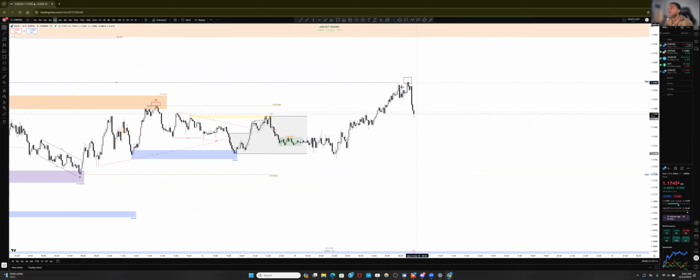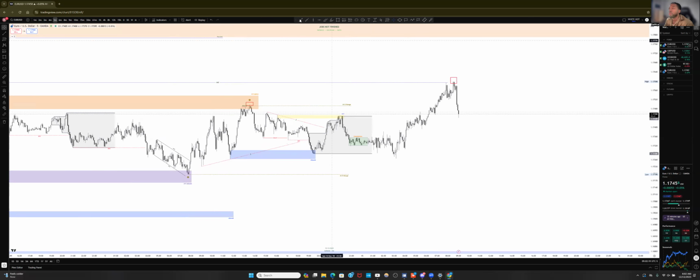We want to see price push down to take the lows, of course. We know that there are trend lines within the chart that we can be looking at. This right here, is this a trend line or am I forcing it? Let me see. No, this is actually a clear trend line. I don't think I'm forcing it. 1 tap, 2 tap, 3 tap, 4 tap, 5 tap, 6 tap, 7 tap. So I'm not forcing it.